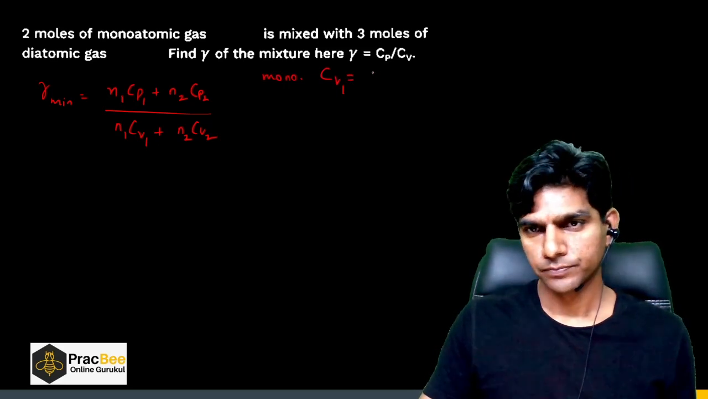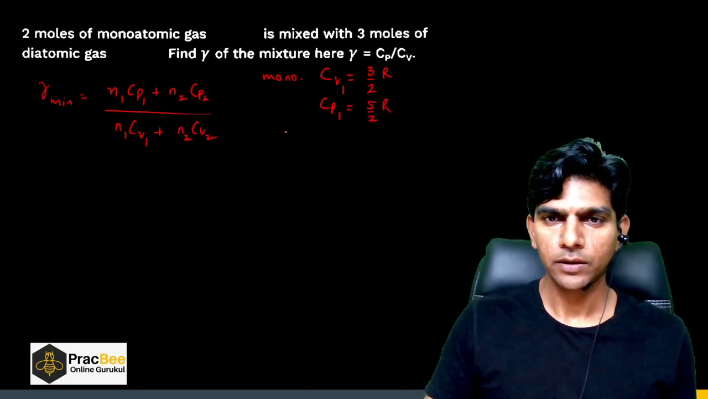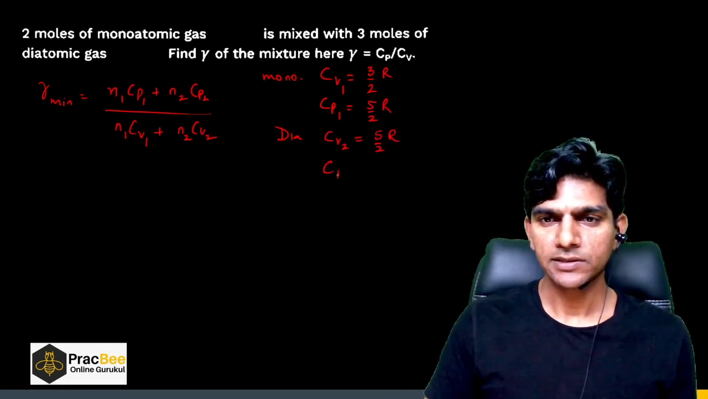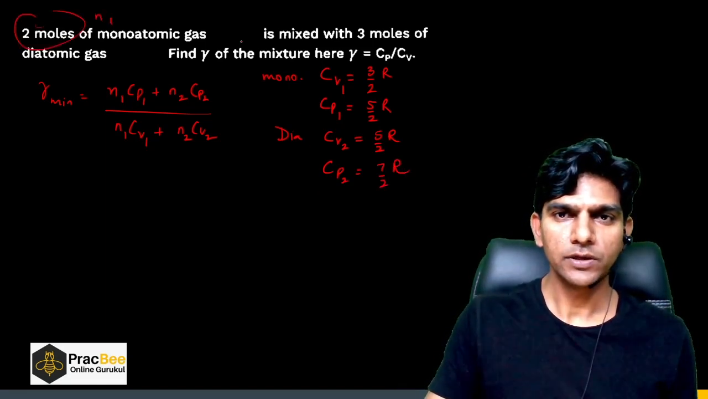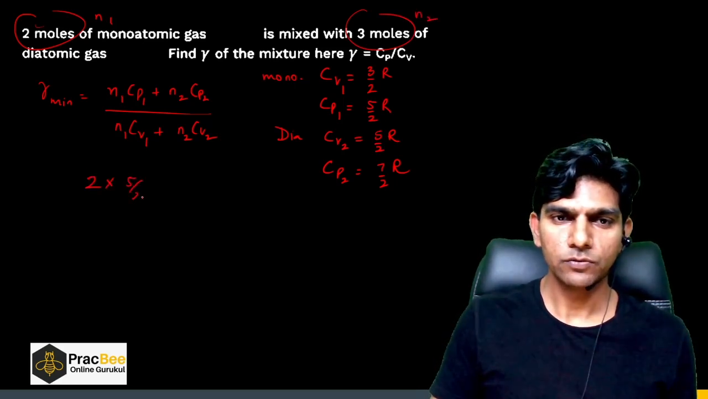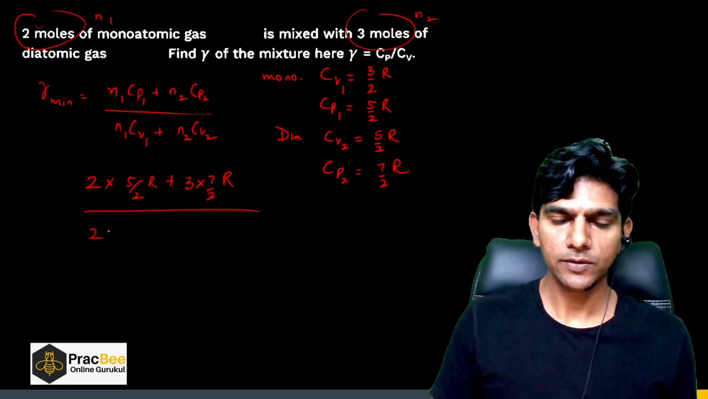for monatomic gas, CV1 will be 3 by 2R and CP1 will be 5 by 2R. And for diatomic gas, CV2 will be 5 by 2R. So I'm considering a rigid diatomic molecule, and CP2 will be 7 by 2R. And N1 is 2, so this is N1 and this is N2. So we can say 2 times CP1, that is 5 by 2R, plus 3 times CP2, that is 7 by 2R, divided by 2 times 3 by 2R plus 3 times CV2, that will be